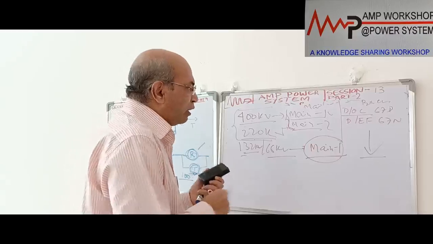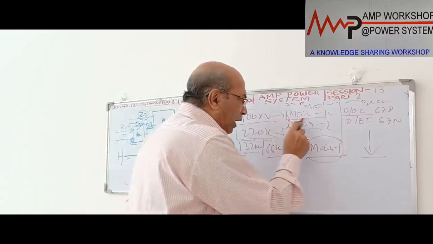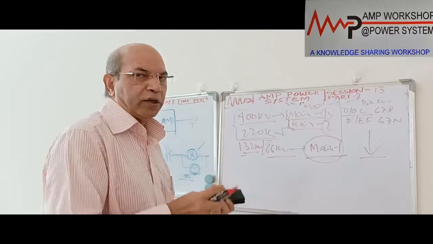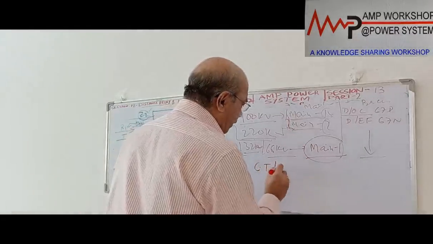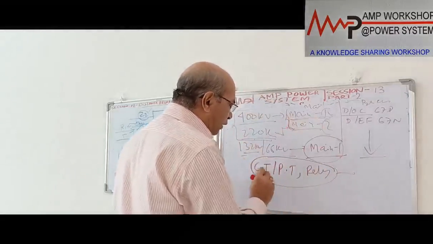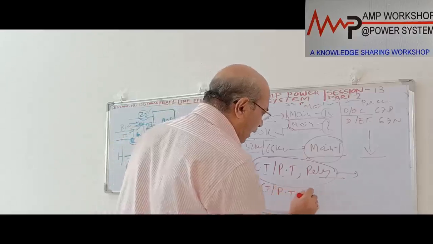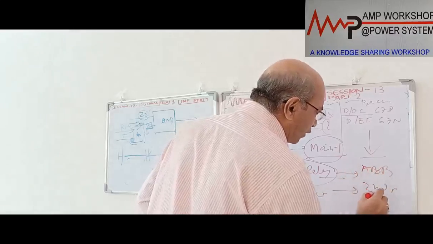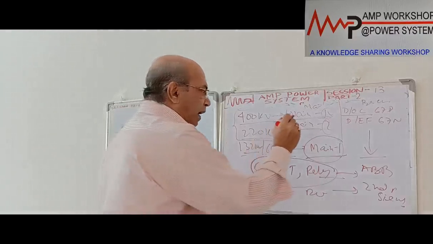Now when you are using two main protections, the standard practice is that the main 1 relay and main 2 relay are from two different manufacturers, not from one manufacturer. Two different manufacturers' relays are the best, and the CT, PT and relay will all be independent for each protection. Main 1 has one set of CT, PT and relay from one manufacturer. For main 2, the CT, PT and relay will be from a second manufacturer. Suppose you are using an ABB relay here, then there you use a Siemens relay, or another manufacturer's relay, or a Mitsubishi relay. So this is the practice for main 1 and main 2.